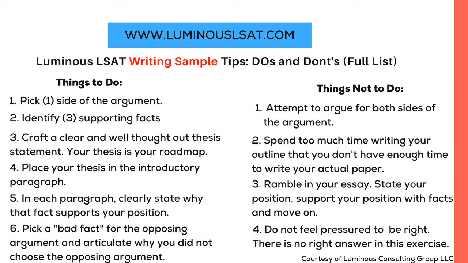All right, let's skip down to number 5. In each paragraph, clearly state why that fact supports your position. Remember when we were talking about conciseness? If any of your sentences run about 3 to 4 lines, that is a telltale sign that the sentence is too long. You may have some additional grammatical errors. It can be a run-on sentence. Whatever the case may be, when you start seeing 3 and 4 lines per sentence, then you know that you're writing too much and you need to narrow down that sentence and make it more concise